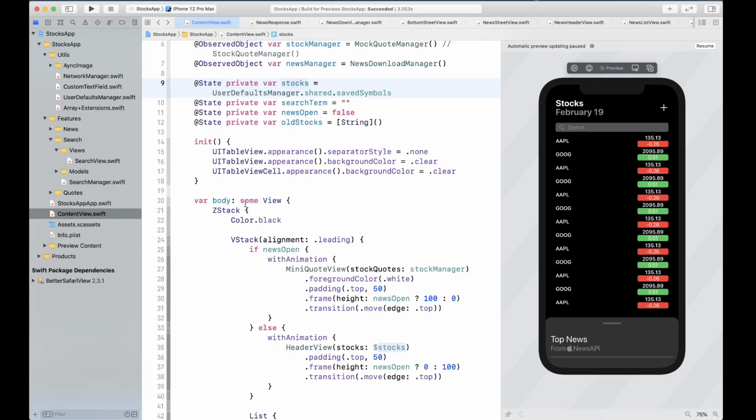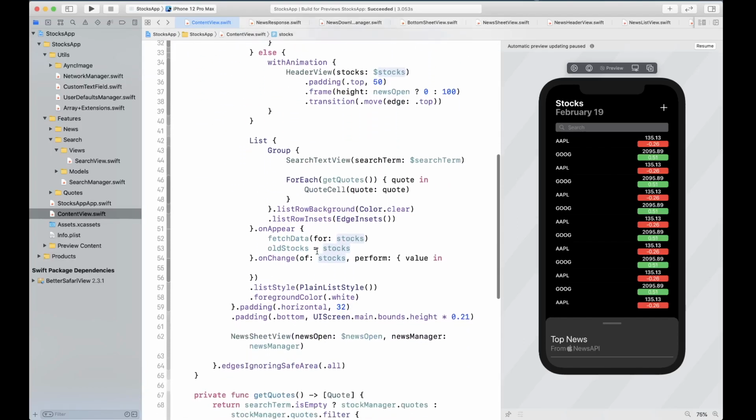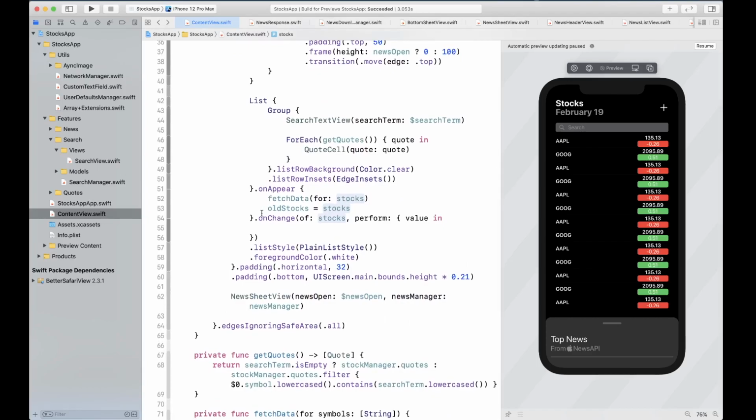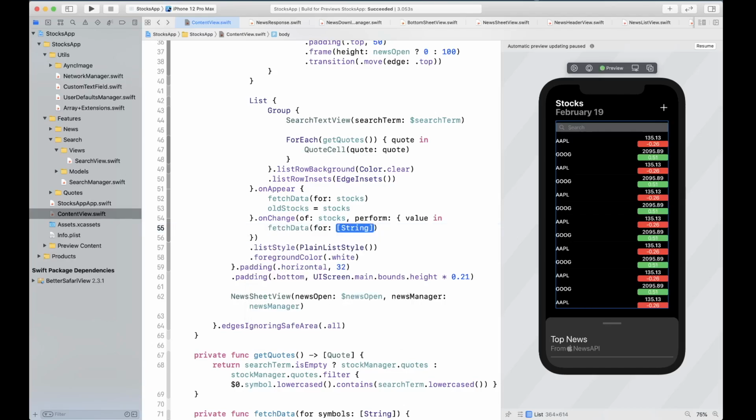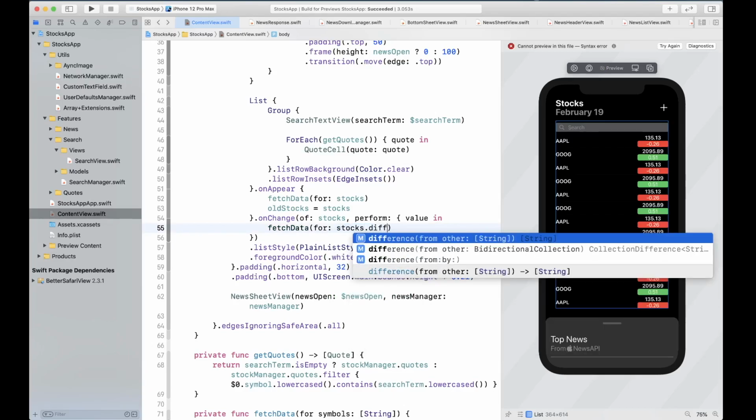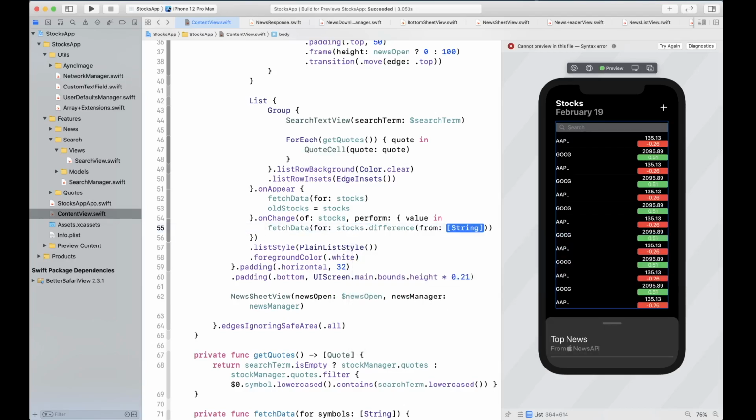That's the first thing. And the other thing that we need to do is make sure that whenever we are fetching, we are fetching for current stocks, and we are also caching those current stocks into old stock. Now, how we're going to use that is we're going to simply call fetch data whenever we save a new stock value into the user defaults, and we're going to call stocks dot difference, the new function that we created inside array, and we're going to supply our old stock here.